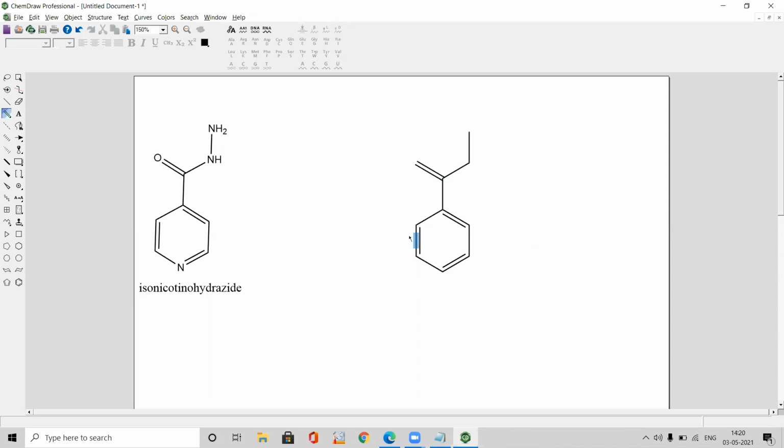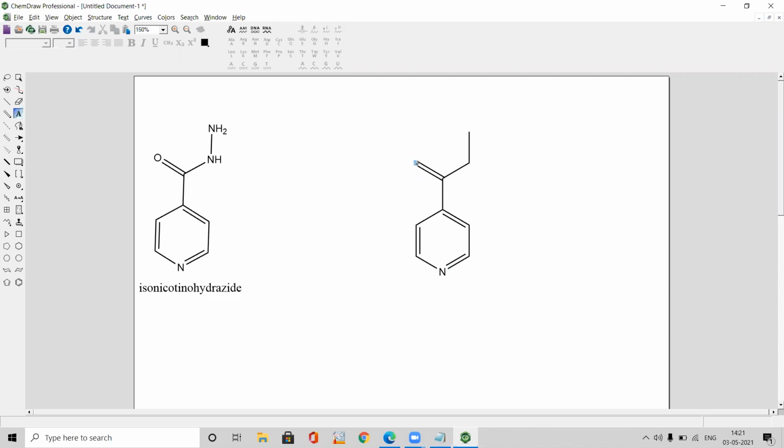Now our duty is to incorporate different atoms. These atoms are called as heteroatoms. Other than carbon and hydrogen, remaining all we will call them as mostly heteroatoms. So in order to include heteroatoms, you might have remembered the earlier structure. We need to select the text icon, click on that, and wherever you need incorporation of the atom, click on that carbon. You will get a box. Simply type N. So now this ring has been become pyridine.